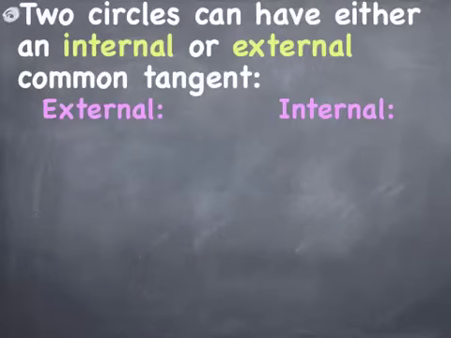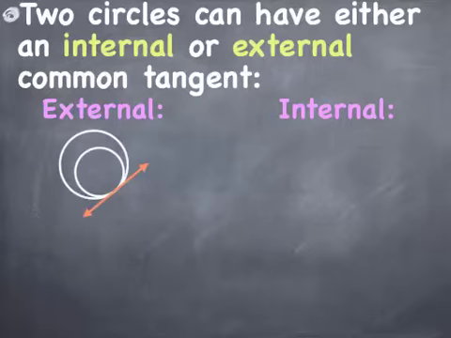Two circles can have either internal or external common tangents. Remember, a tangent is a line that intersects a circle at one point. Two or more circles can have a common tangent when that line intersects both circles at just one point. An external tangent example would be two tangent circles, and then that orange line would be